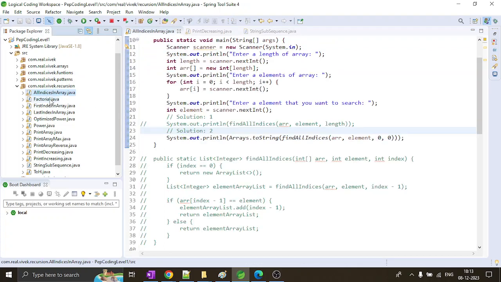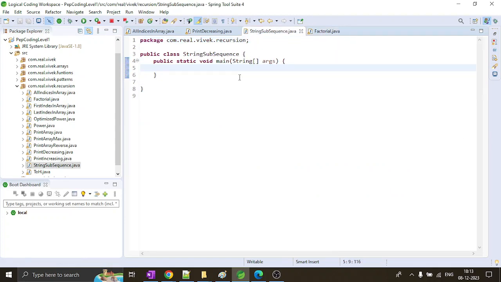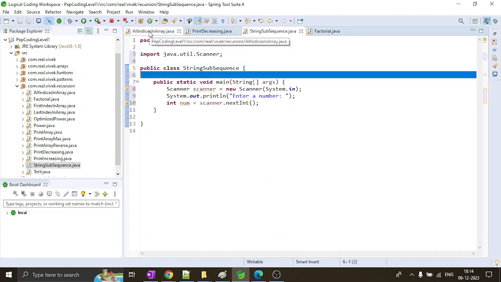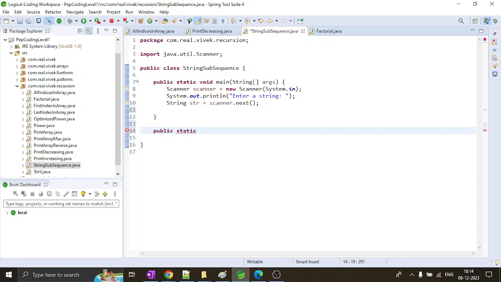And let us take some input. So we'll take input as string. So we'll take next, str, enter a string. Okay, so once we enter a string, we have this function called getSubsequence, public static, which returns an